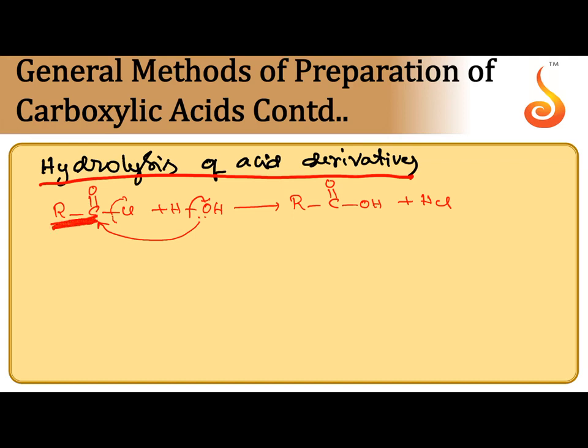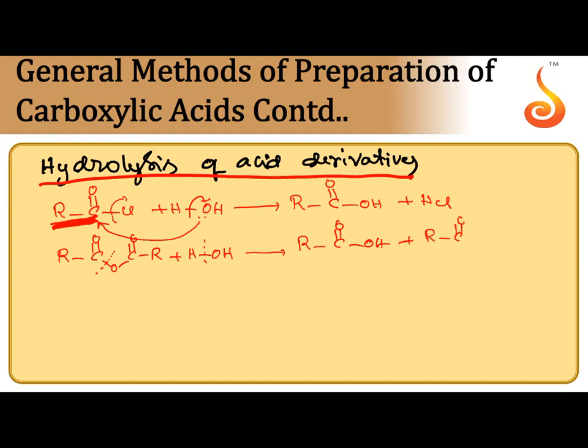At acylic carbon, RCO carbon is called acylic carbon. At this acylic carbon, substitution takes place. So no need of any catalyst for this reaction. RCO, OCO, or this is acid anhydride. When acid anhydride also subjected to hydrolysis, same type of reaction takes place. RCOO minus is separated. RCOOH,